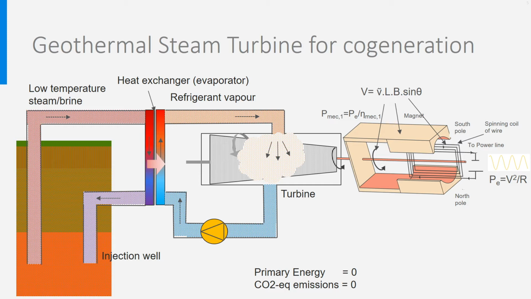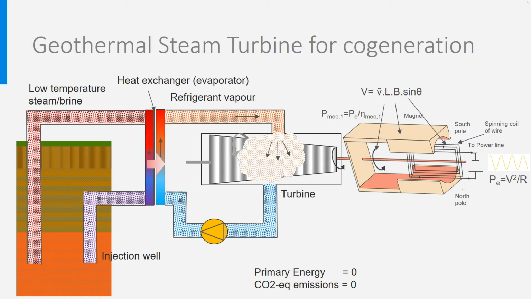From the refrigerant point of view, the turbine acts as the expansion valve in a heat pump cycle. The refrigerant vapor is brought back to a low pressure and low temperature. At the exhaust of the turbine, the liquid refrigerant is pumped into the heat exchanger where it evaporates. When ammonia is used, the temperature at the exhaust of the turbine is still much too high for the ammonia to condense, but this is solved by having the ammonia absorbed by water. The water-ammonia mixture is then heated in the heat exchanger, by which ammonia vapor is created again. This is the so-called Kalina cycle.